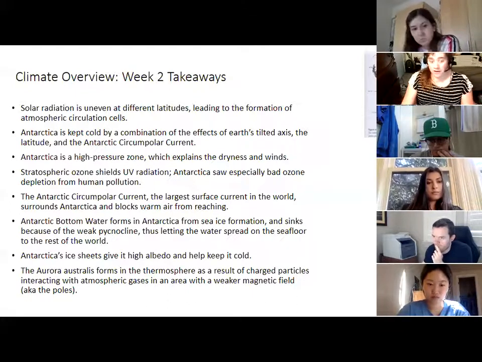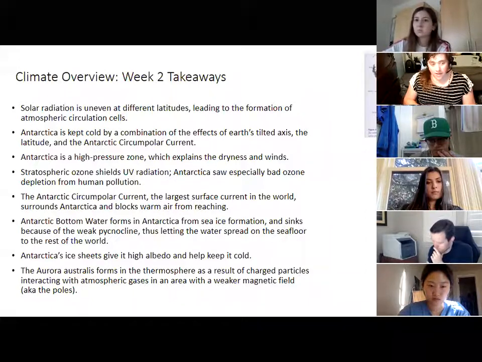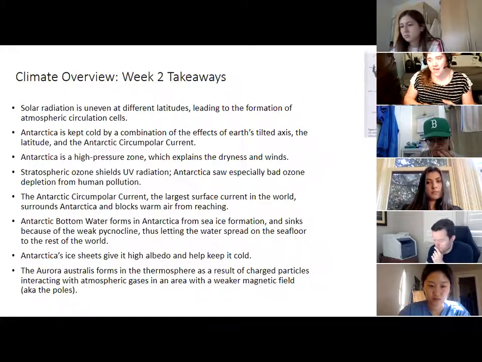I talked about how Antarctica's ice sheets give it high albedo. And then lastly, another one that kind of gets jammed in there because there's not another easy place to put it. I talked about the Southern Lights a little bit and how